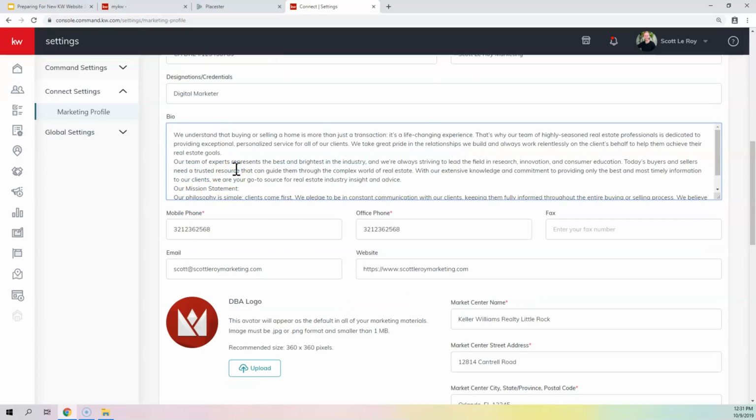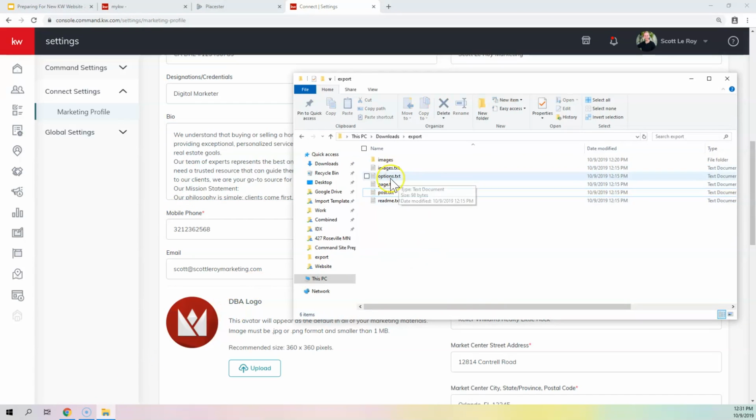Underneath that, we've got a biography here. You can just copy and paste your biography from elsewhere into here. You can copy and paste that from the Playster site, which let's go ahead and show what that would look like here. So we're going to go back to where we downloaded our Playster content,